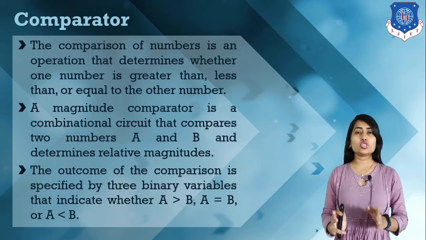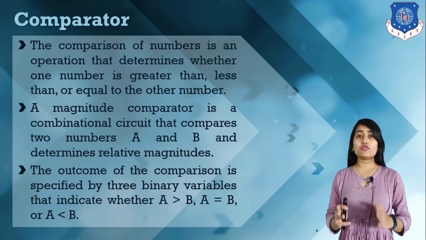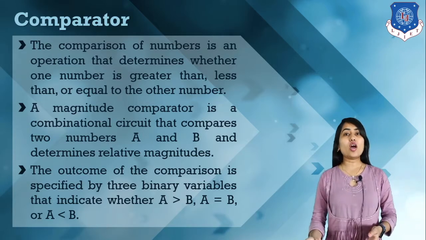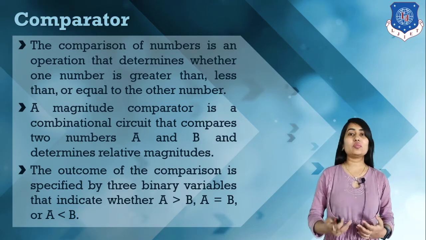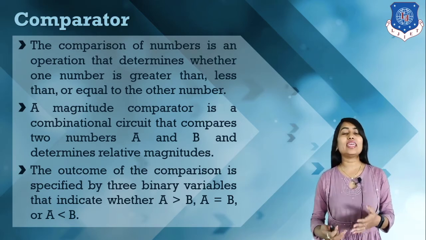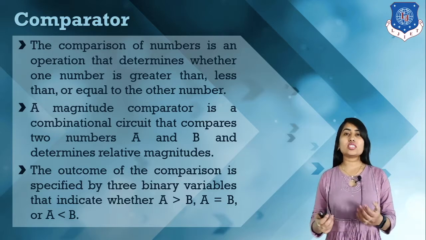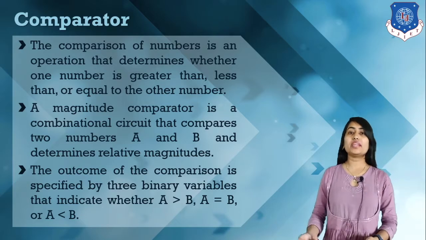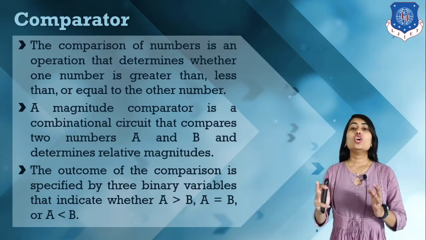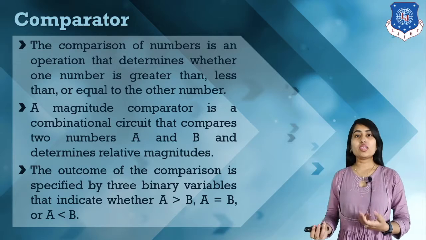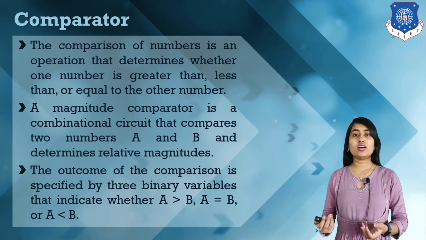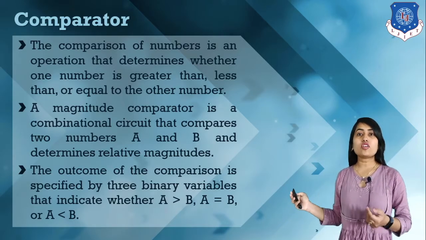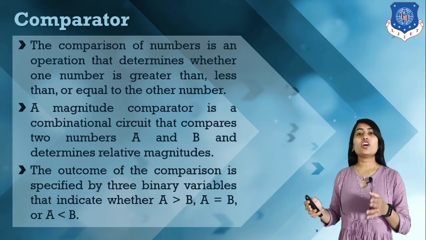If we have two numbers A and B, and we compare A and B, we have three possible outputs: either A greater than B, or A less than B, or A equals B. This comparator compares the magnitude, that's why it is also known as a magnitude comparator. After magnitude comparison we have the condition that a number is either greater, less, or equal. We have different kinds of comparator according to the number of bits of a number.